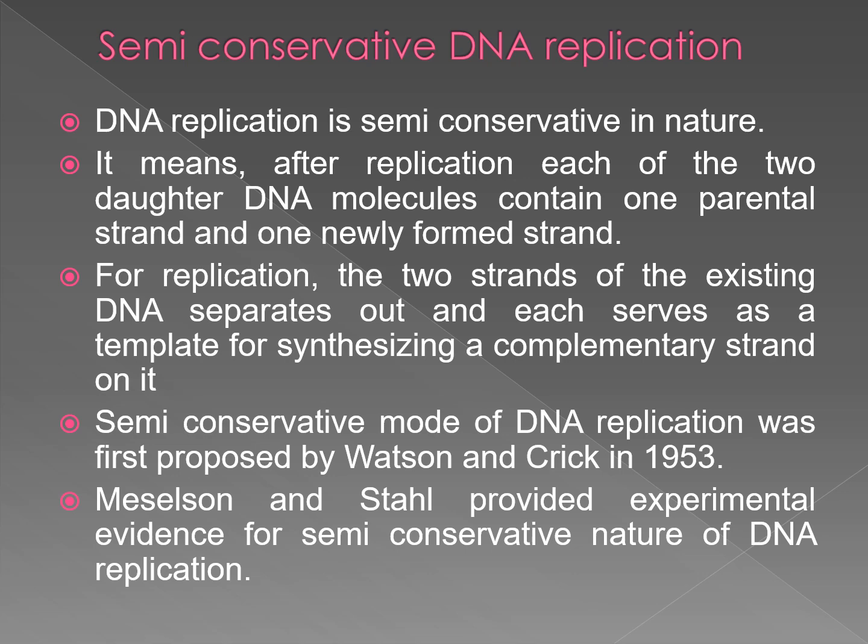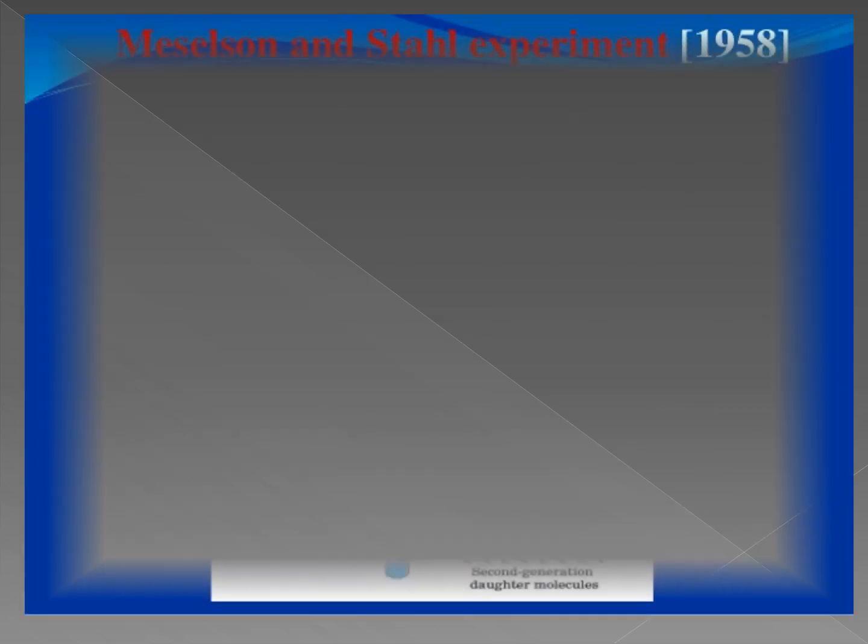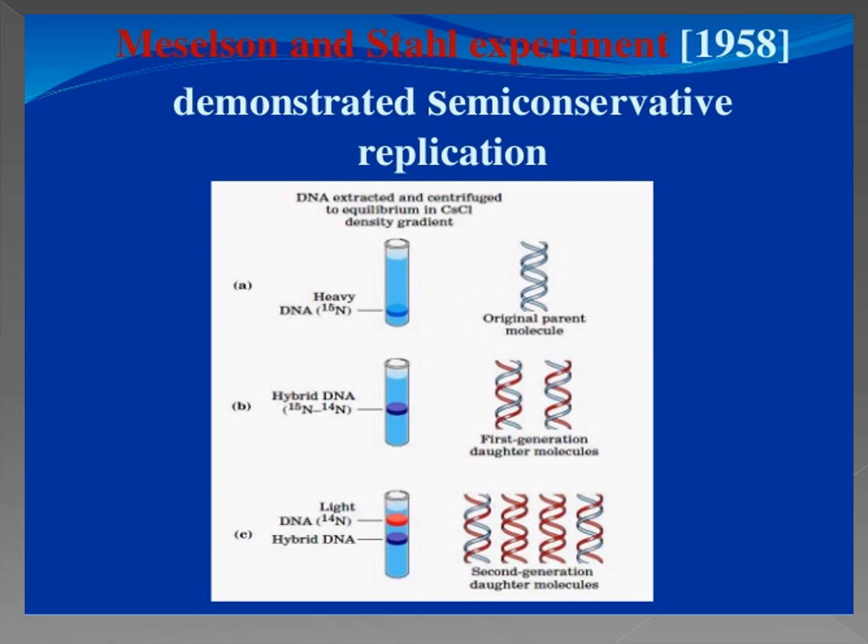In the same year, Taylor and his colleagues also performed experiments on Vicia faba to prove the same process. So here you can see the Meselson and Stahl experiment, which I will explain later. These are the slides showing the experiments by